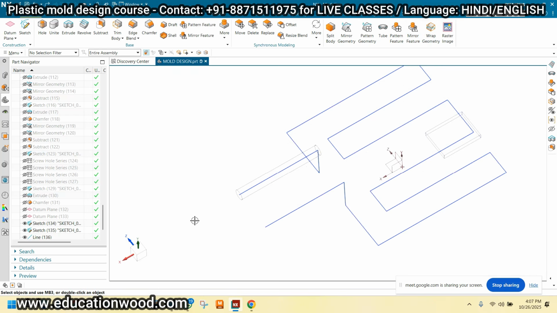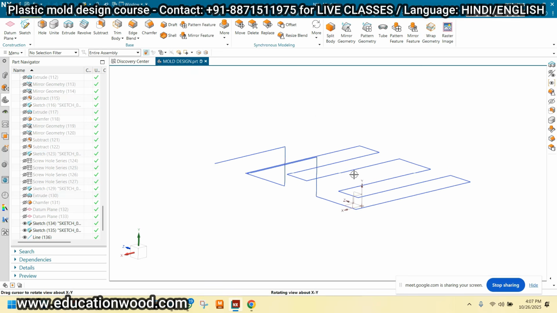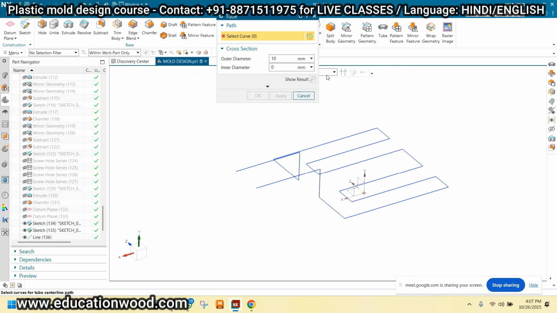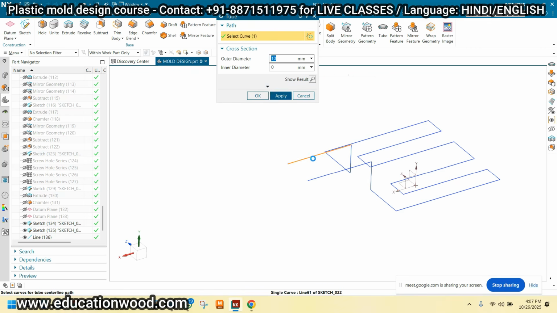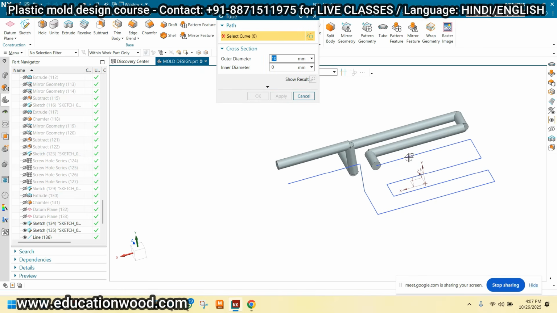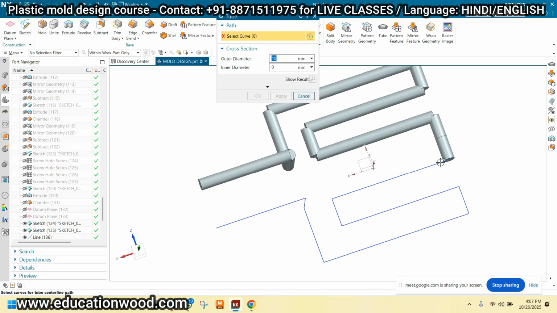I'm adding all these things. Okay, hit this one also. First, this single curve. Apply, and apply, apply, and apply. Right.